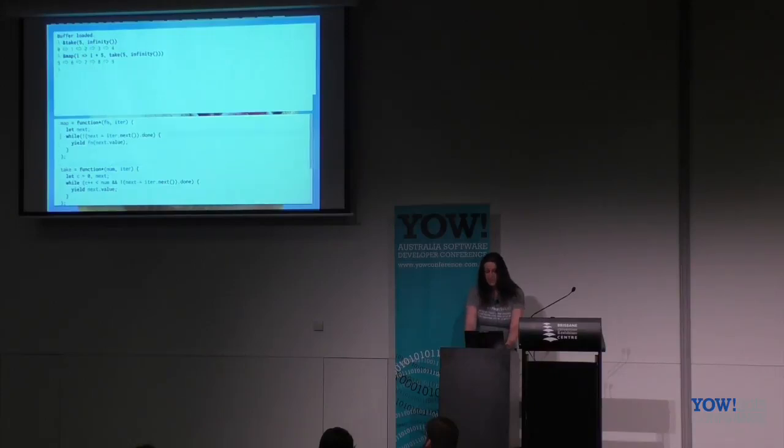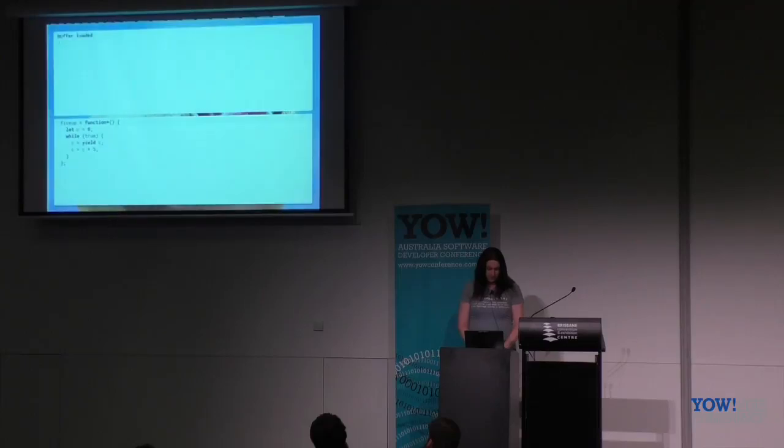Just a quick look at the implementation. Essentially, we're taking an iterator in, and we have a while loop that keeps going until the iterator tells us it's done, which in the case of infinity will be never, but in the case of take, it's however many values we put in. And that's the same thing, except using generators. Generators are a nice way of helping us write iterators with a bit of syntactic sugar. But we can go further,